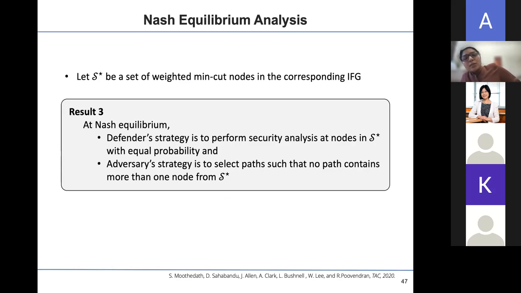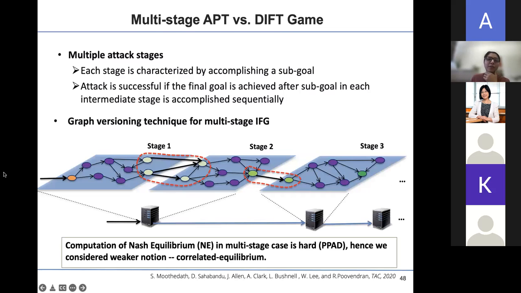So this result is for a single stage attack. What I mean by that is, if you look at the figure here, consider stage 1 as the information flow graph, right? This was our entry point, and these were the potential targets. In the previous example we just used one, but it could be multiple. So this min-cut result is for the single stage attack, where you have one information flow graph, and the attacker tries to enter via a network entry point and steal your data, which is the targets here.